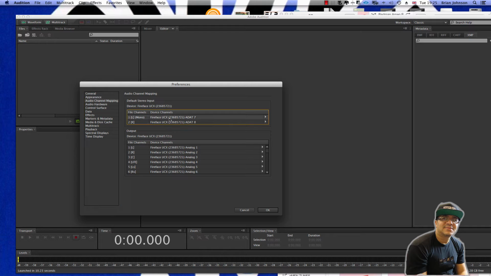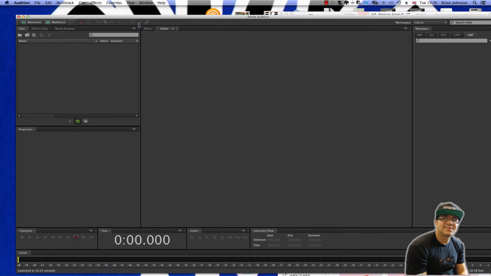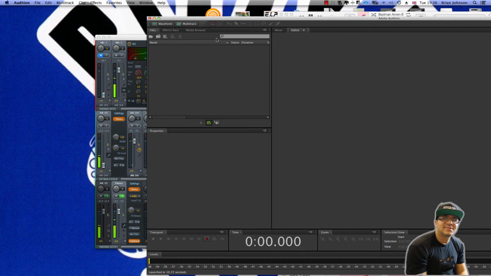So what I want to do is set my inputs. You see where I've got this set to inputs, ADAT 7 and 8. You can see the left input is analog 7, and the right input is analog, I call it ADAT 8. So ADAT 7 and ADAT 8. Now, when you then put